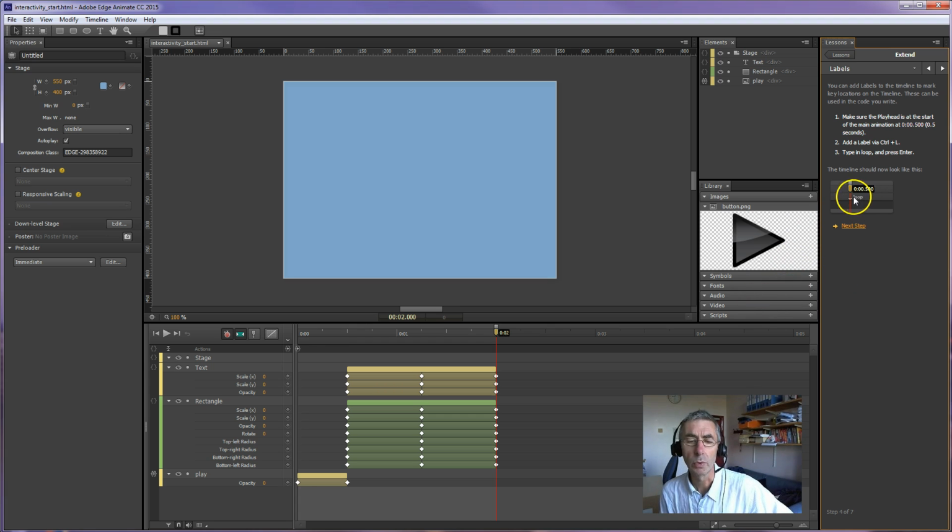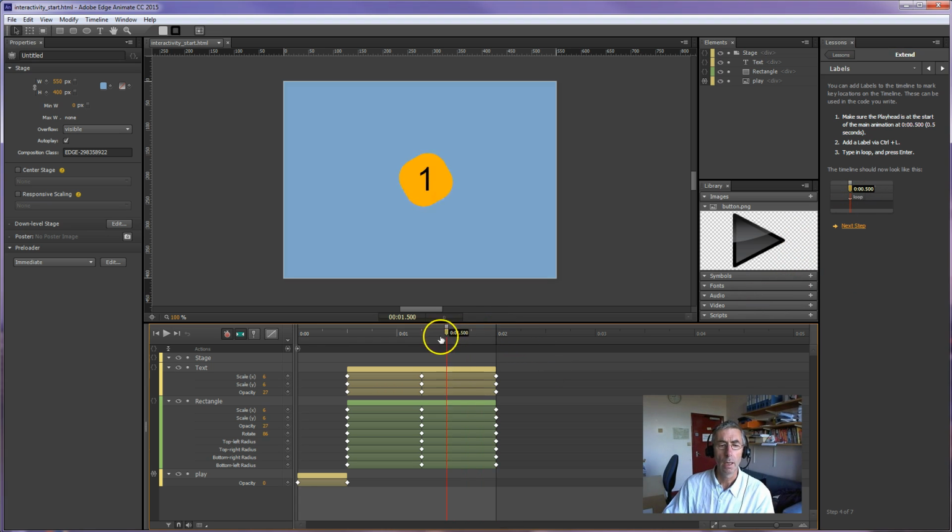So this is putting a label. We can put labels anywhere we want, and we can put code that goes to a particular time, like 0.50, or we can put a label in here and send it to the label name. So Control L with the timer at 0.5, and I'm just going to call it loop as it suggests. Okay, and then the next step